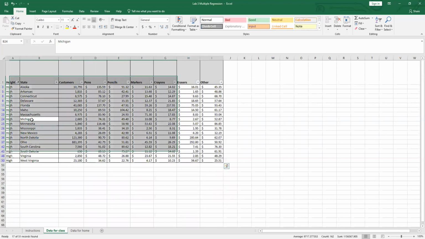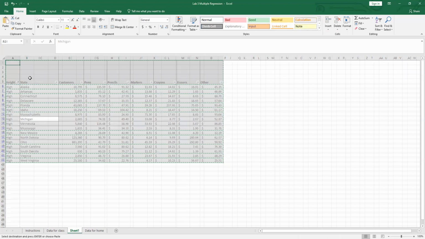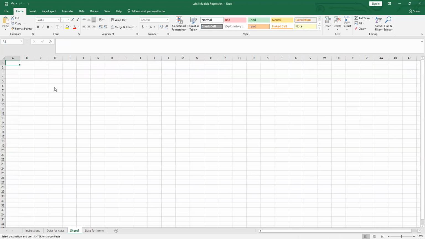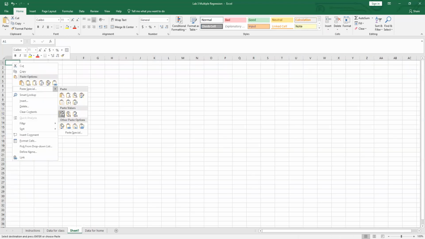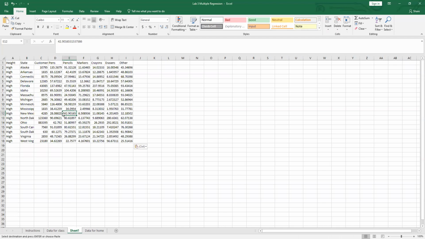I'm going to copy this table and paste as values to a new sheet. So I have a very clean sheet. It's just showing me data that's high in height for buildings that are high in height. It's not hiding data that's for buildings medium or low. It's showing me a clean sheet. I am now going to run